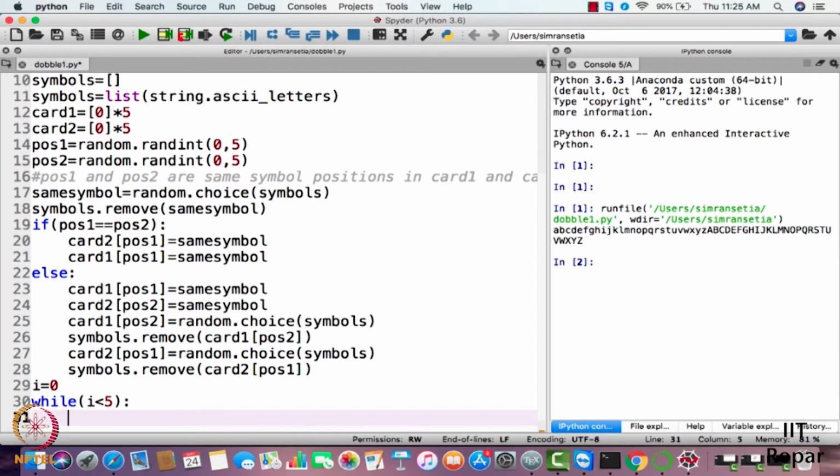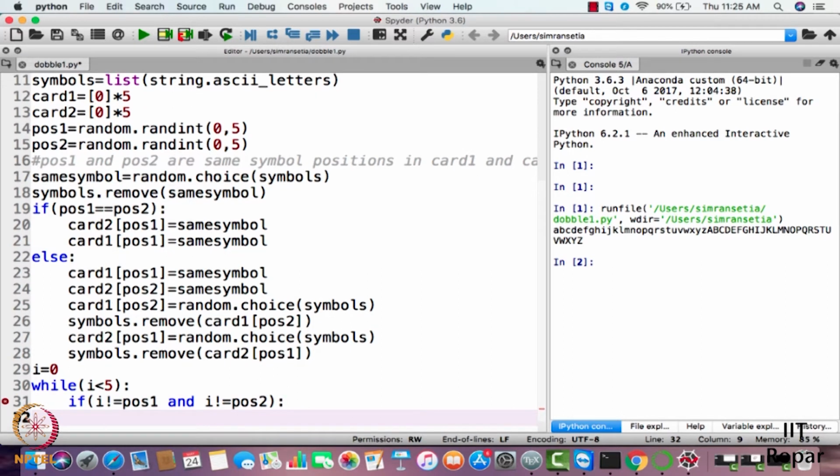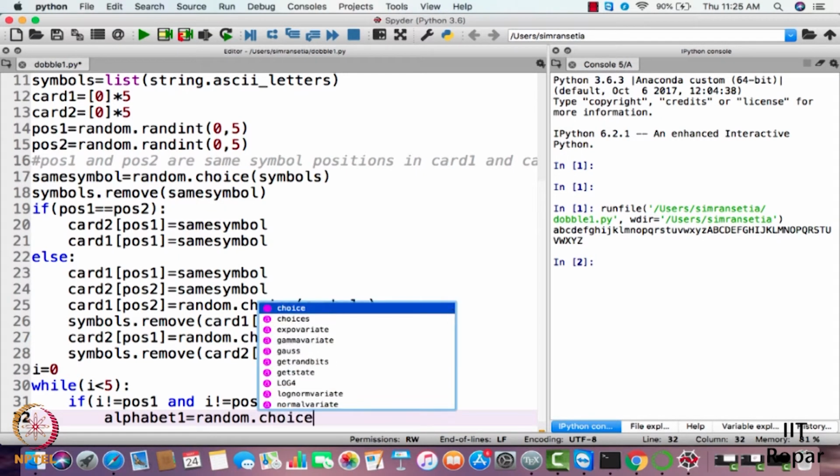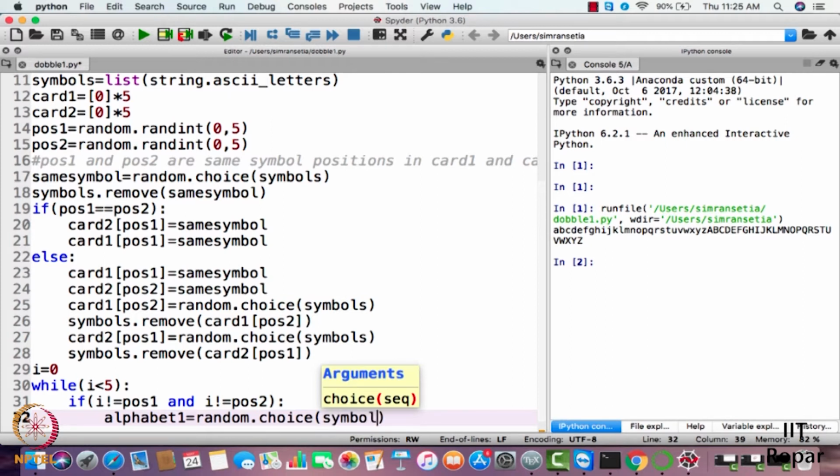We need to keep in mind that position 1 and position 2 shouldn't be here. So while i is not equal to POS1 and i is not equal to POS2, only then this while loop will execute. So I'll have two more characters here, alphabet 1 and alphabet 2. So I'll write random.choice from symbols.